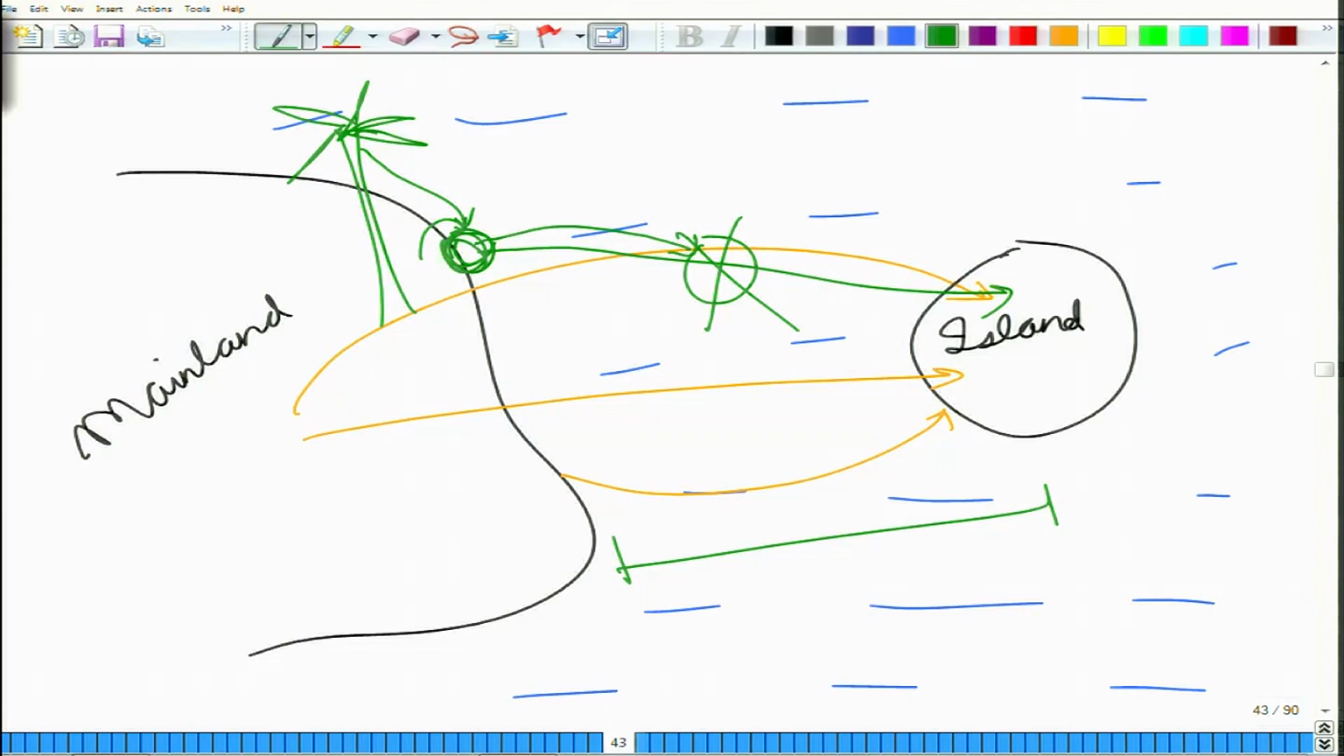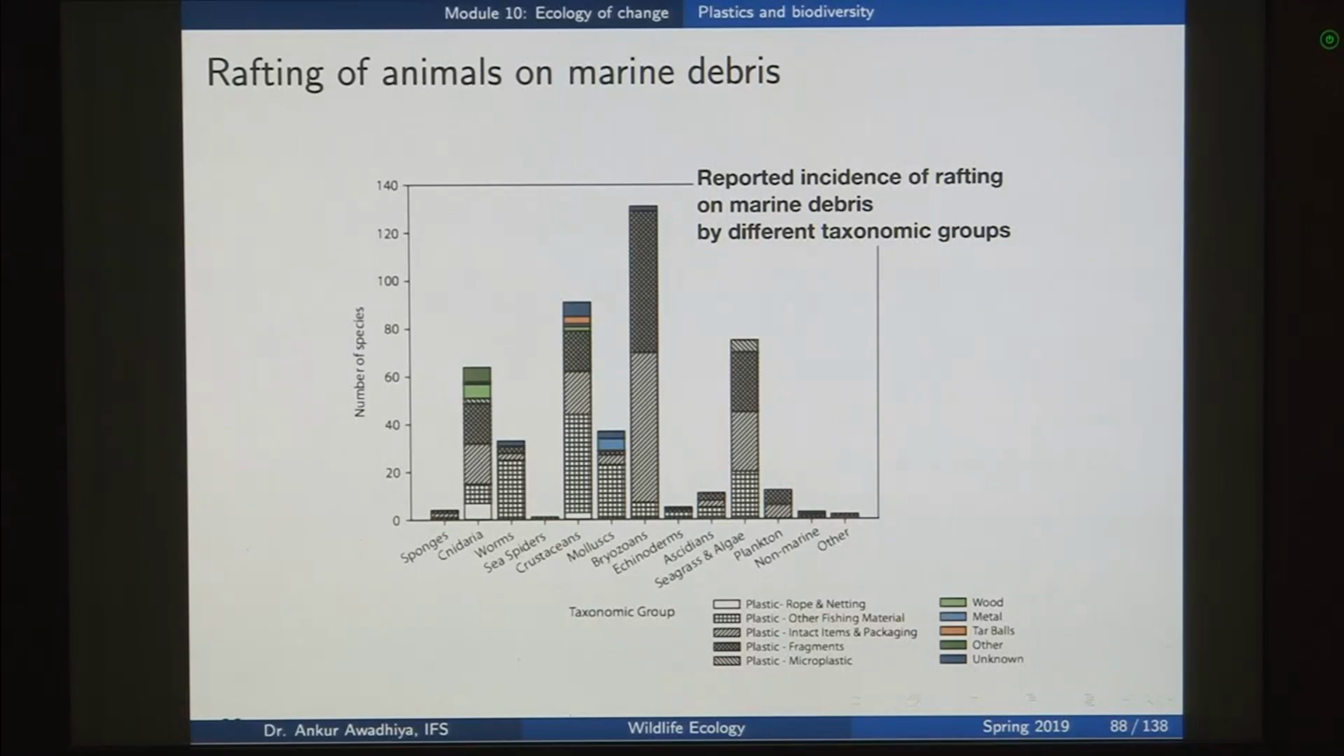If in place of this coconut there was a piece of plastic that was floating, and an animal gets on top of this plastic, this plastic is not going to biodegrade while it is being transported from one place to another. So in most instances, the organism that jumped onto the plastic will be able to reach the island. And if we look at the organisms that are being transported because of these plastics, here these colored entities